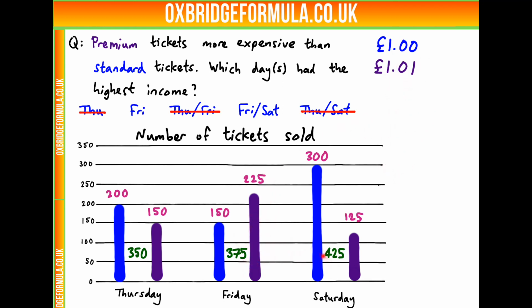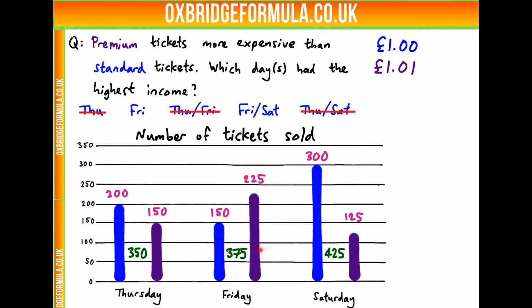total sales roughly be? Well, because £1.1 is very close to £1, then if we're selling 375 tickets total, the income from Friday is basically going to be £375, plus a bit more from the extra pennies. And similarly, the income from Saturday is going to be about £425, adding a few more pennies. So there's no way that these pennies are going to make up enough to overtake 425. And so in this case, it would be possible for Saturday to have a higher income than Friday.